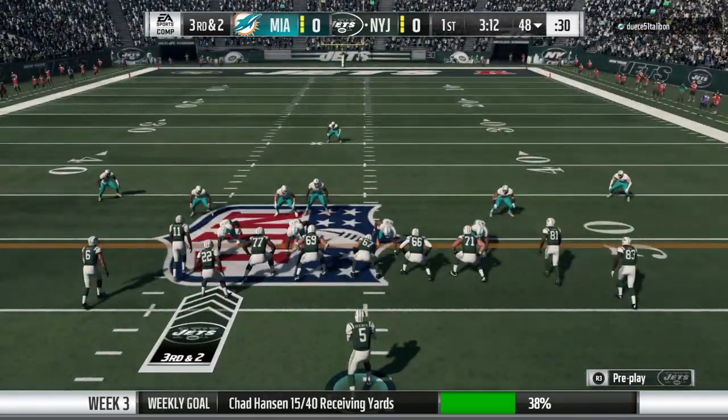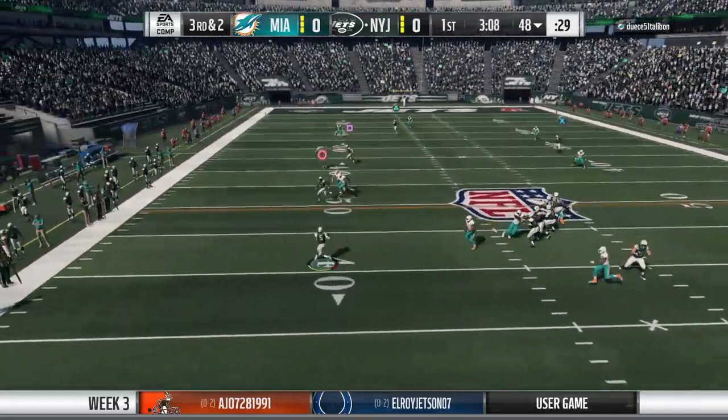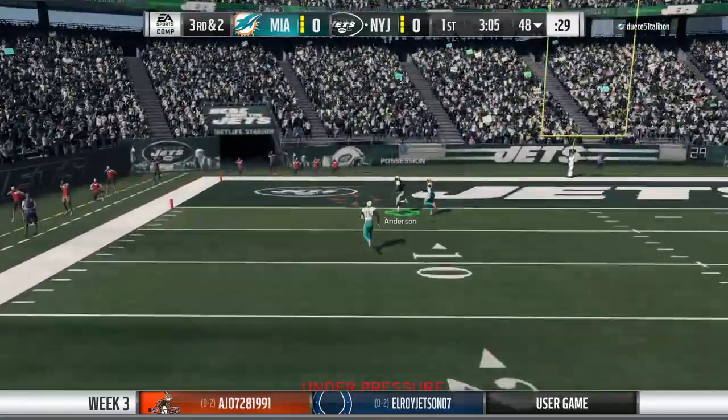That was a nicely run slant route, and what the receiver's trying to do is make the defender think he's going upfield for a deeper route, and then breaks it off, usually after about 3 to...